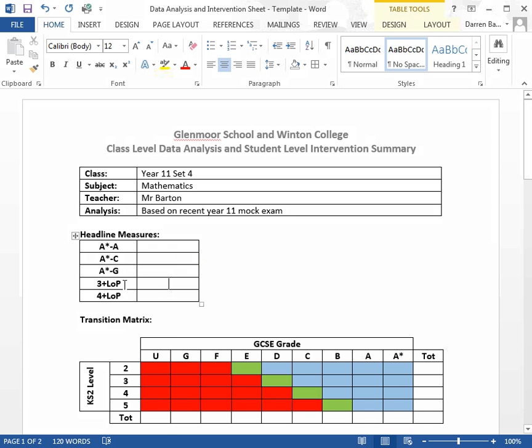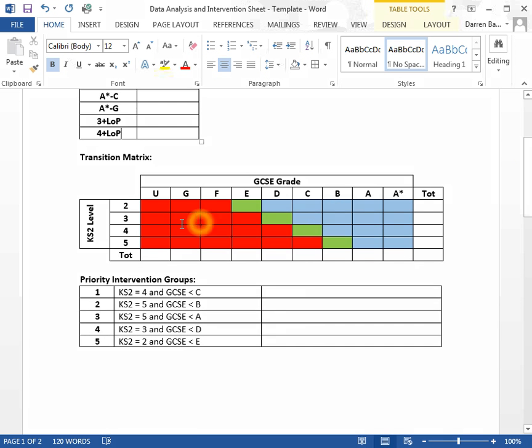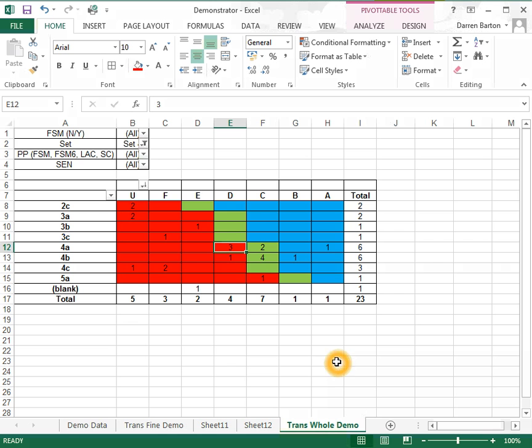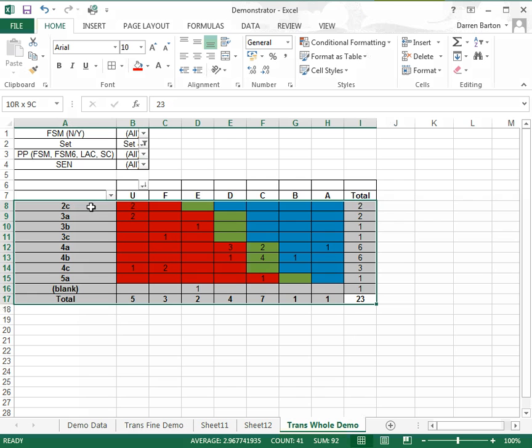Now I can quite easily calculate the key headline measures, A to A star, A star to C, A star to G, but what I'm really interested in is the 3 levels of progress measure, 4 levels of progress measure, who's making those levels of progress, and more importantly, who isn't. Now what I've done here is I've put a blank transition matrix which I could just fill the numbers in if I wanted to. That would be pretty straightforward. To save me a job, what I could do though is if I go back to my Excel sheet, this is for set 4, if I highlight that grid, if I do Control C for copy,